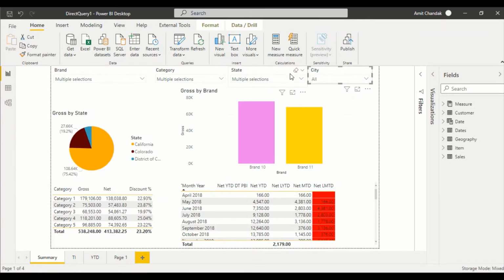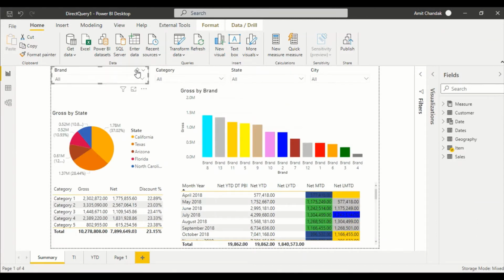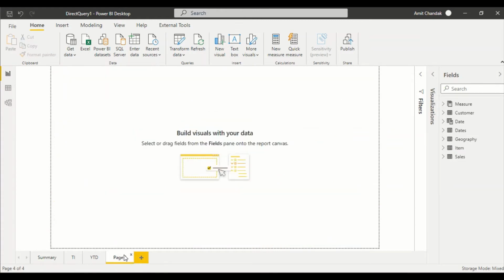So I'm going to tell you one approach, which is kind of a traditional BI approach, where you used to select the parameters and then use those parameters with a go button, and then you reach the page. And we are going to test whether it is really happening. So I will take a new page. This is an empty page, and I'm going to call it a parameter page.